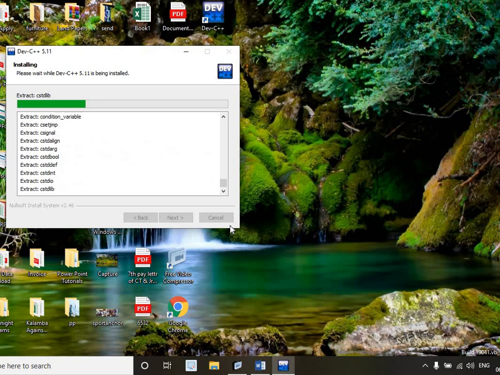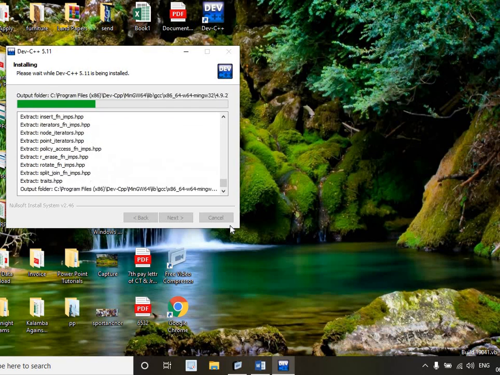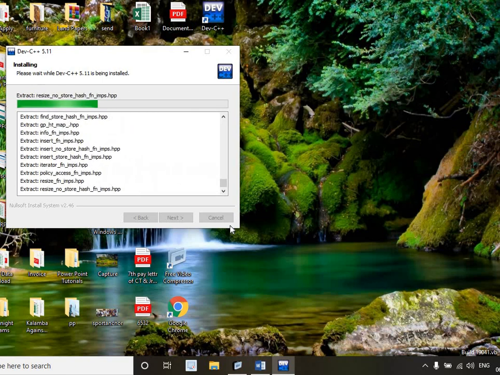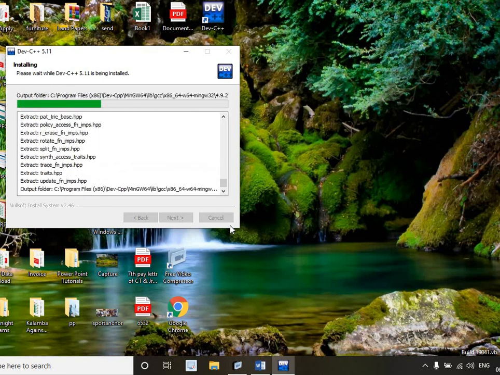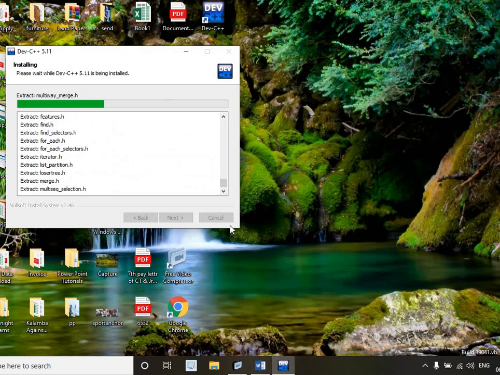The Turbo C editor is completely a command line interface, but Dev C++ is a graphical user interface. So you can use the mouse, you can use the keyboard, you can use both.